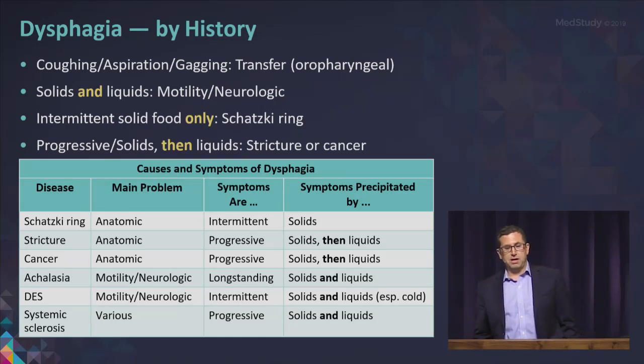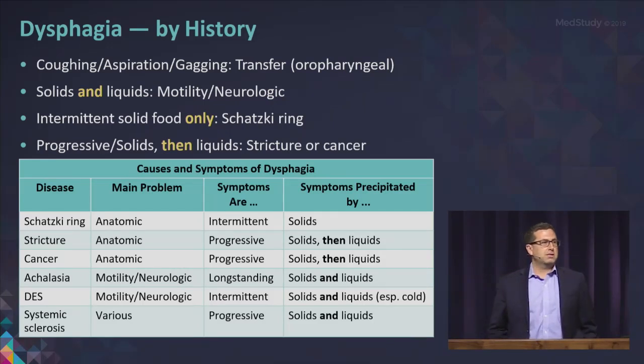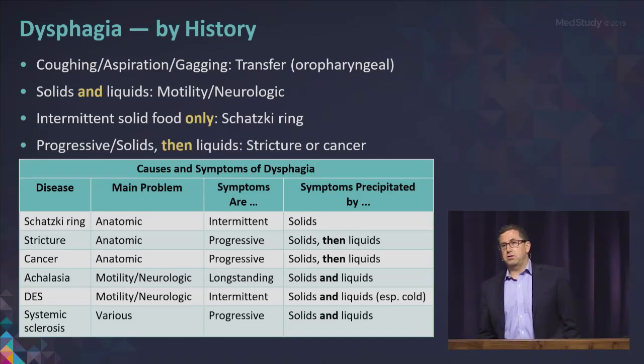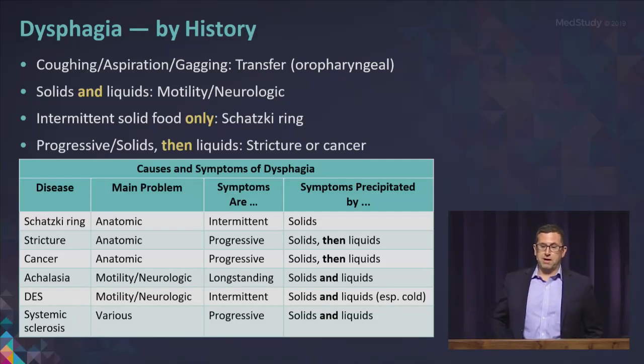If patients have solid food dysphagia and liquid dysphagia, then generally that's going to be a motility or a neurologic issue. If they have intermittent solid food dysphagia, that's really consistent with a Schatzki's ring. People in that case could get meat stuck and then be fine for a few months, then have it happen again. If the dysphagia is progressive, starting with solids and then liquids, it implies that there's something in the esophagus that's progressively narrowing, and that would be consistent with a peptic stricture or cancer. You can see the summary slide down here, which you could review on your own,